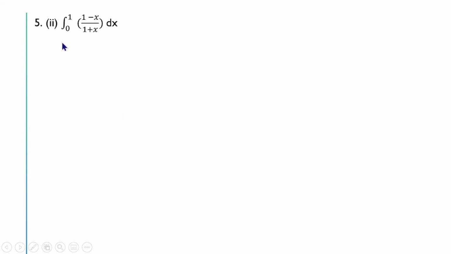Next question, integral 0 to 1 (1 minus x) upon (1 plus x) into dx. Again we will do some adding and subtracting in the numerator so that we will be able to find the integral. So we can write this as minus of integral 0 to 1 (x minus 1) upon (1 plus x) into dx. Here I am adding and subtracting 1 so that we can combine these two, x plus 1, then minus